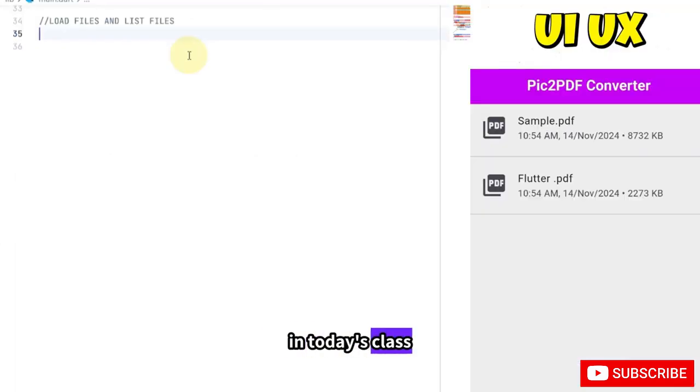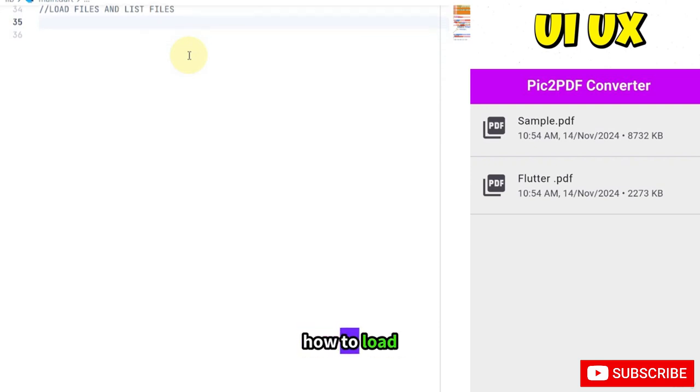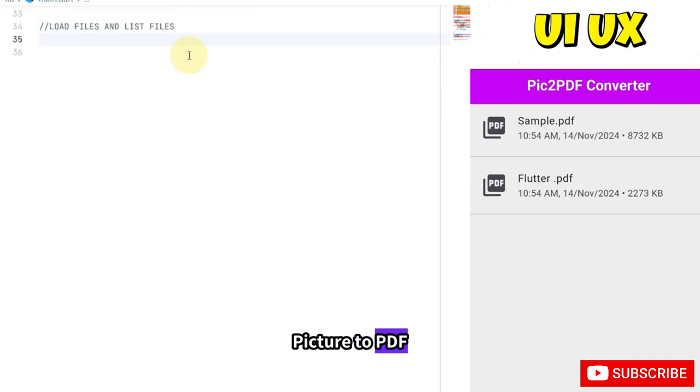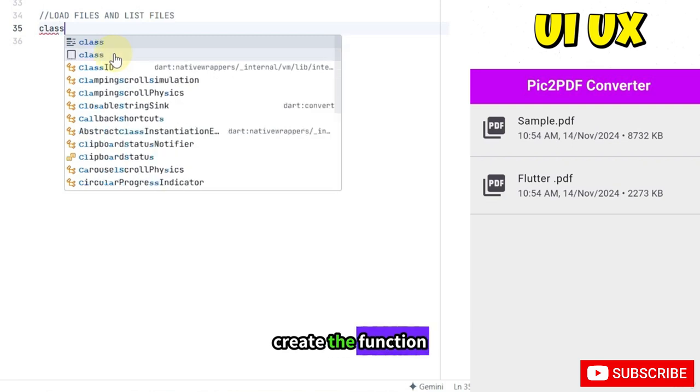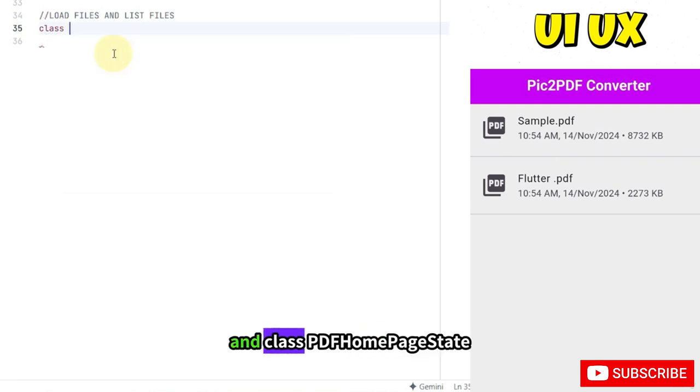Welcome everyone. In today's class we are going to discuss how to load the files and list the files for our project, picture to PDF converter. So you can see in the home page there are many PDFs available. So we need to load the files. For that we are going to create the class PDFHomePageState